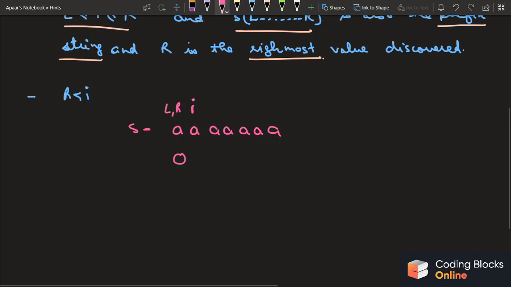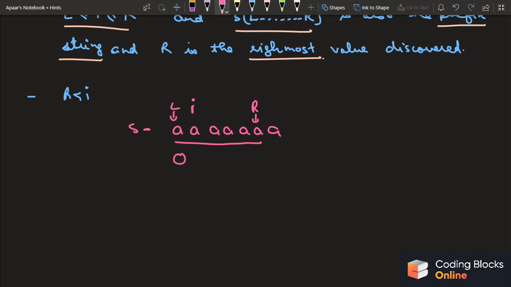So starting from I, I'll try to find the length of the longest substring which is also a prefix, right? So where will I get it? See, if L is over here, then initially R is also here, then I'll match I and R. Of course they match, then R comes over here, right? And I'll match this now. Basically I'm doing the basic matching thing over here, right? So we all know that in the end R will reach over here, right guys?